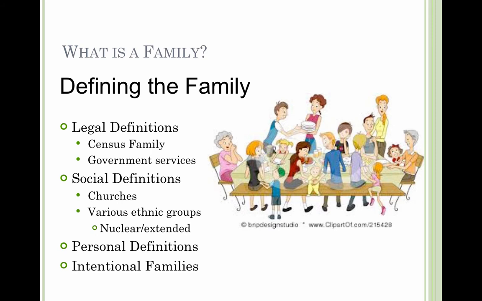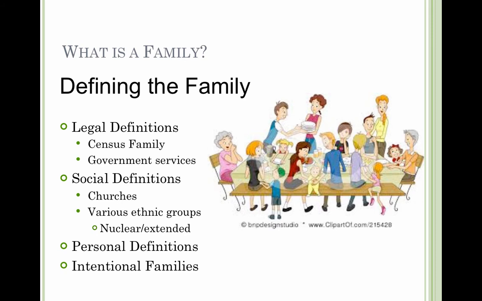Now you'll see that in your textbook, in box 1.1, you'll see some of these definitions. Statistics Canada has the Census family. That's something you should be familiar with. Correctional Service Canada has a definition. Air Canada has a definition. The Vanier Institute and the Fraser Institute, they're both research facilities that research the family, and they have their own definitions. Of course, Children's Aid Society, there's a variety of these services that have definitions that enable them to provide the services that they provide. And so if I'm Children's Aid Society, I need a definition of family. One, because I need to know who I'm working with, but also know who's included to have access to files and information.